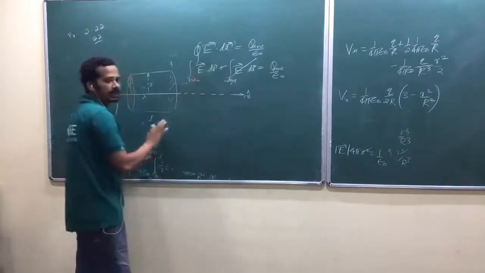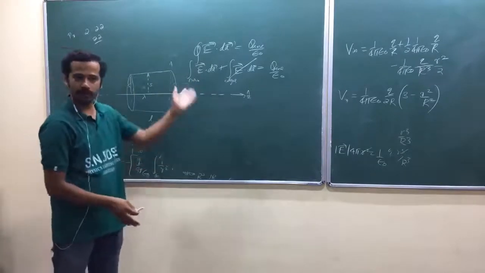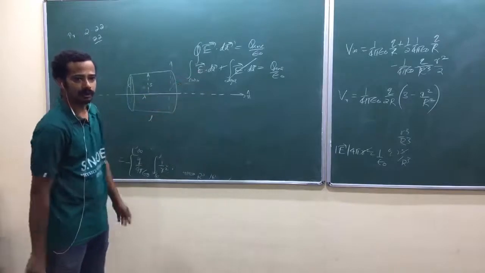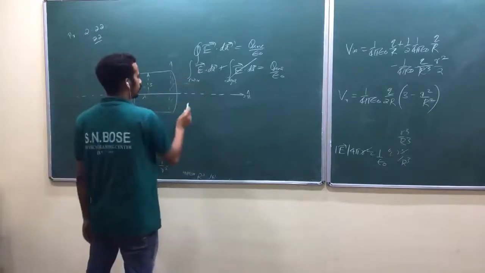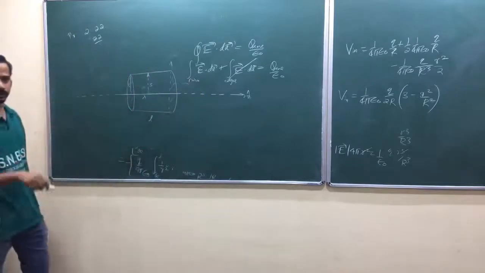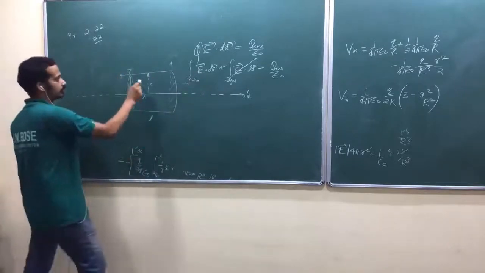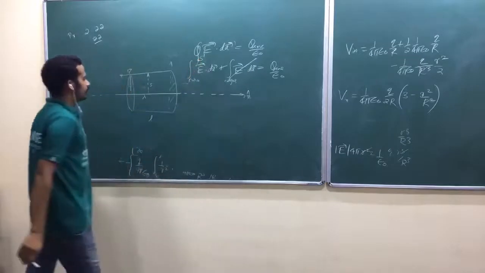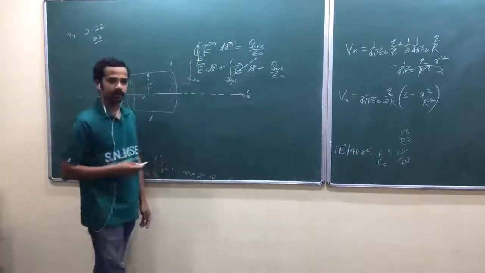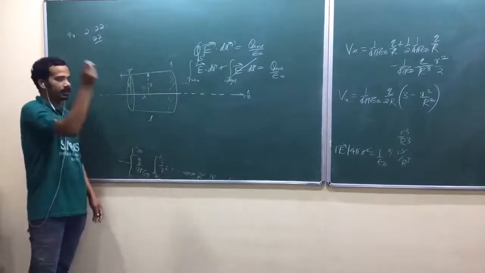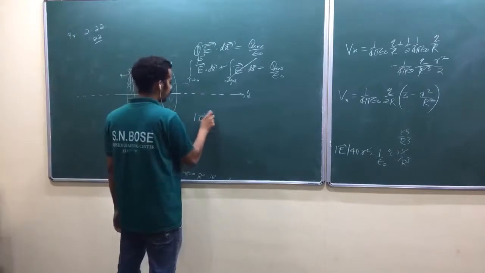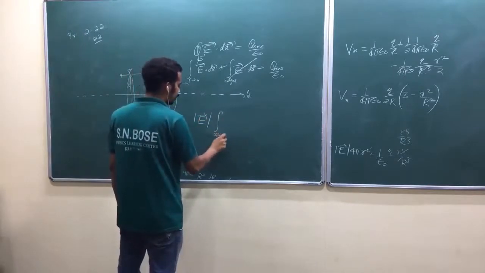Now look at here. While doing this one, again, I'm not going for coordinate geometry. Earlier, in the first class, I went for coordinate geometry, but now I'm not interested in that. I'm going to argue electric field is constant throughout that curved Gaussian surface. This is my Gaussian surface. Along with that, electric field and area vectors are along the same direction. Area vector in the curved surface is along S cap. Electric field is also along S cap. That's why I can take electric field outside the curved area.